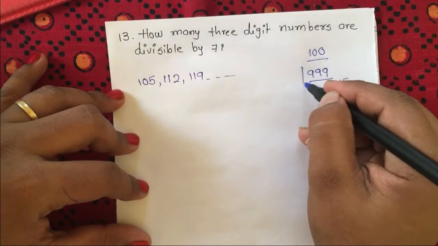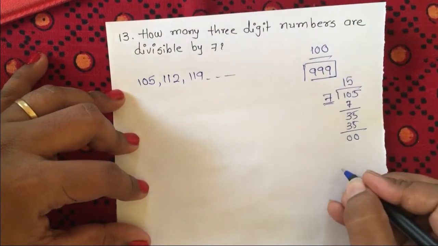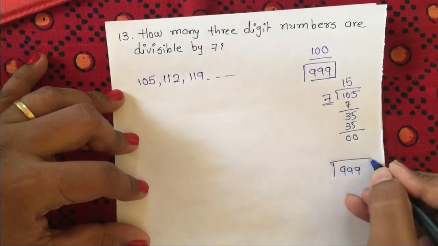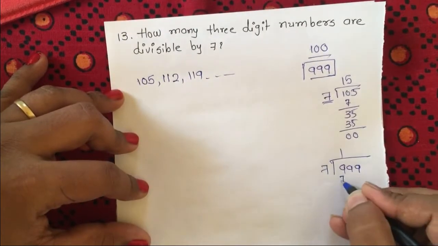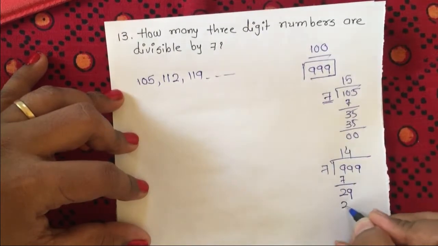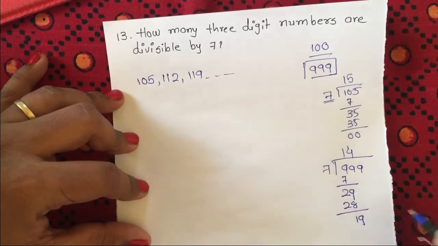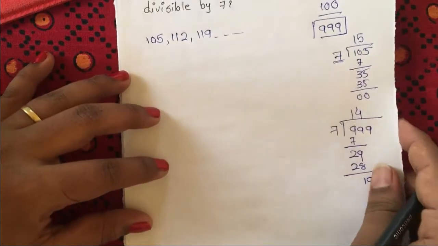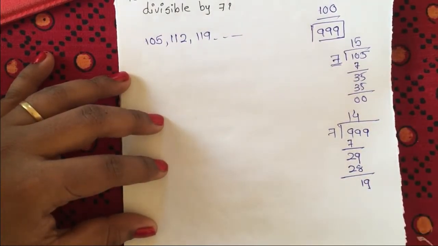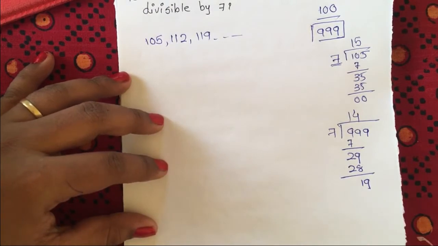So we have to start with 999. Clear? So we have to divide 999 by 7. So this is 99 by 7. 7 ones are 7. So 2, 9. 7 4s are 28. This is 1 and 9, so this is not divisible. Okay. Or you can say that when the 3-digit number 999 is divided by 7, the remainder will be